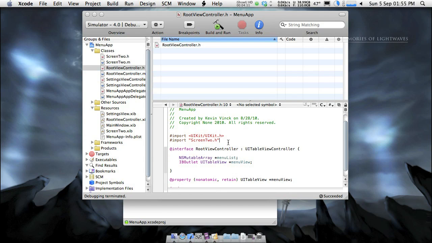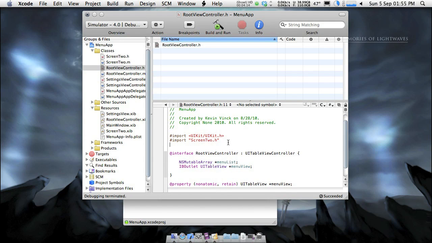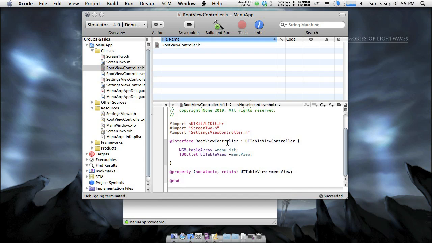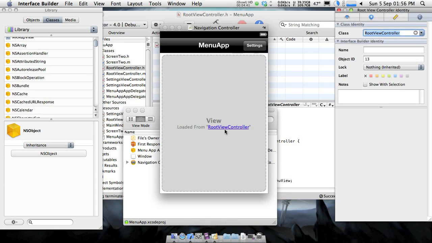And a few things we need to do here. First, let's import the SettingsViewController, like so. And then what we also need to do is create a method that's going to flip the view over and show our settings window. So we'll make a new IBAction, and we will call that flipView. Set that up there. Go ahead and save this, and we can go back to Interface Builder,